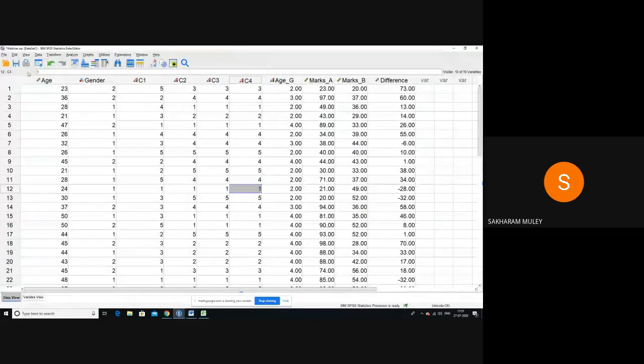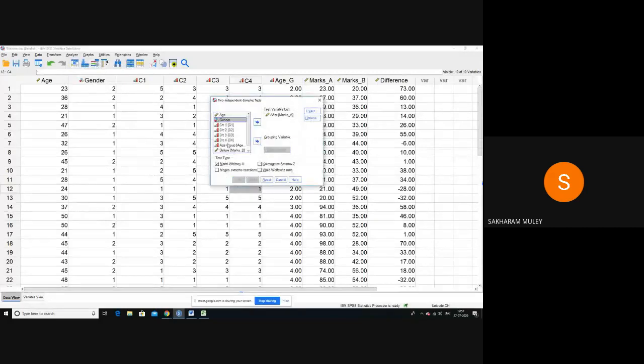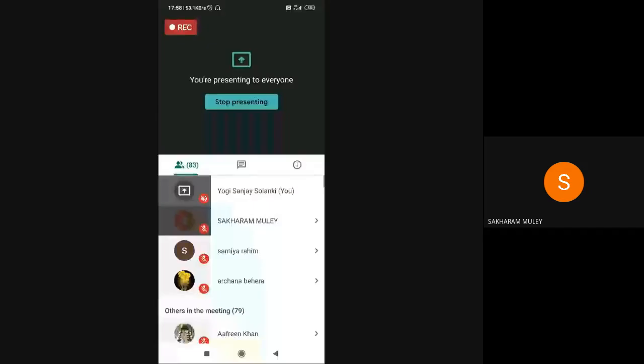So what we have to do is either do it one by one, that is, I will use the Mann-Whitney U test for the comparison of two independent samples. Instead of this I will have age group, and I can say it is 1 and 2. So I can do that, and I can find out the value for age group 10 to 20 and 21 to 30, then 2 and 3, then 1 and 3, and then 3 and 4, like that. So this is the disadvantage of running a non-parametric test. Multiple comparison tests are not available with non-parametric tests.